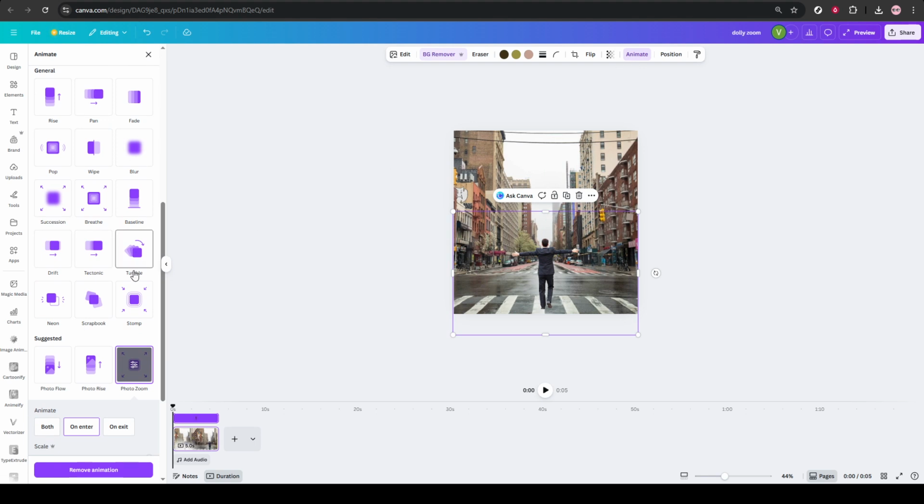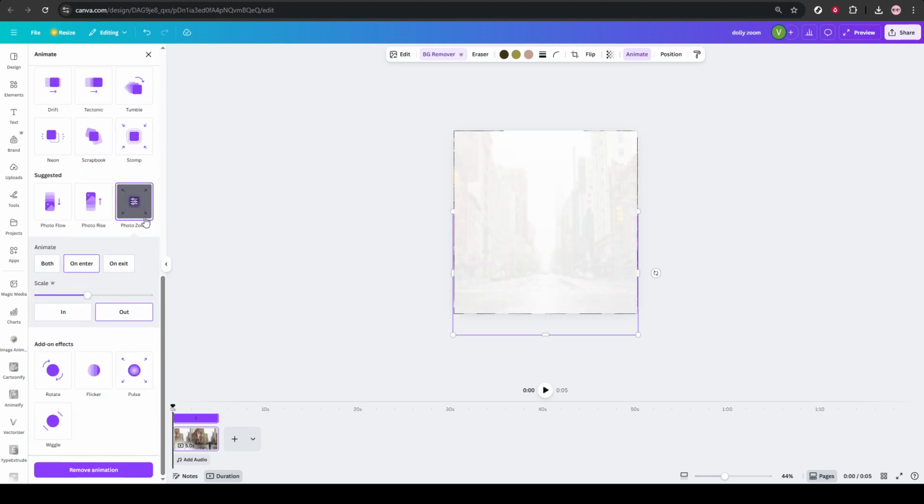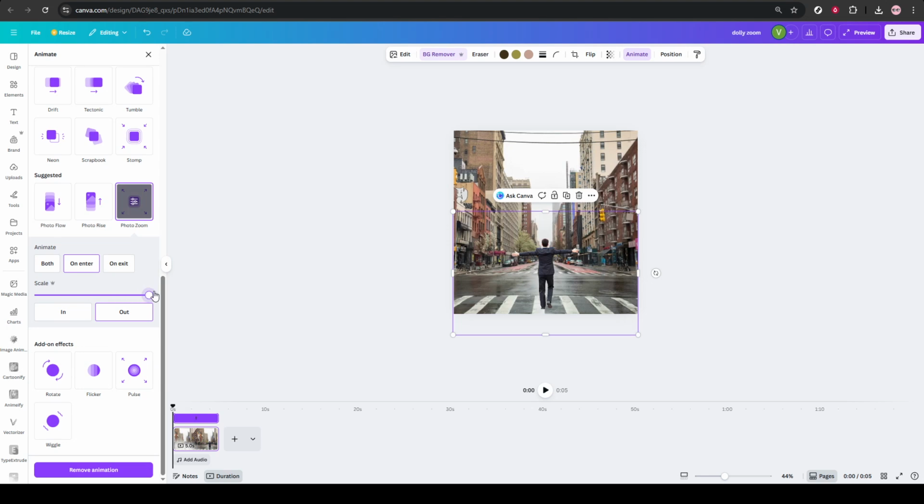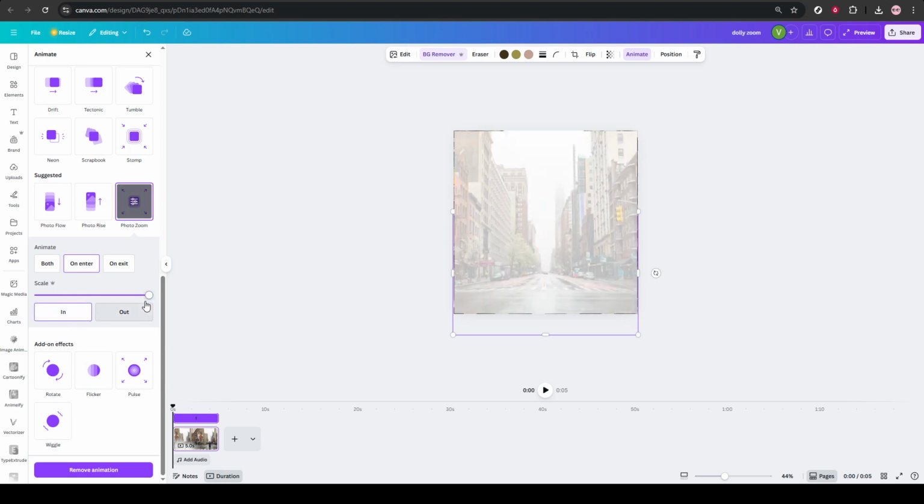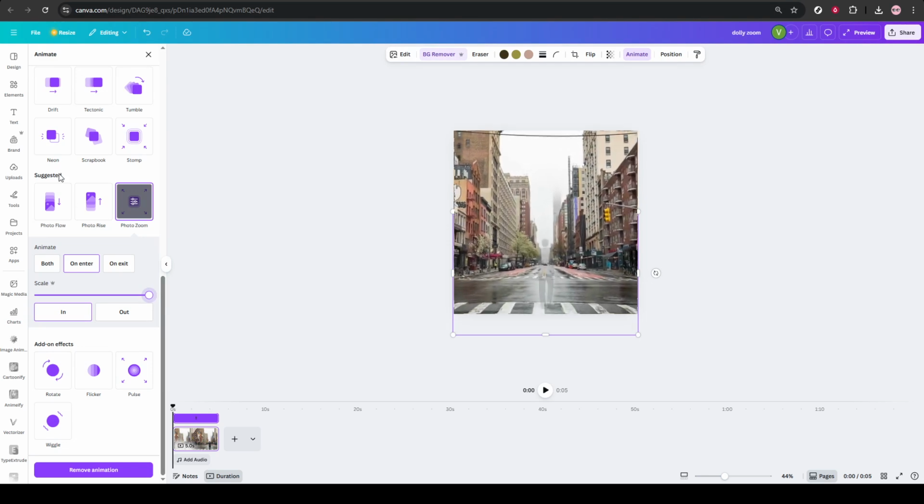While the subject is still selected, click Animate again. Stay within Photo Zoom and choose In. Now the subject moves toward the viewer while the background moves away, giving you that striking Dolly zoom illusion without